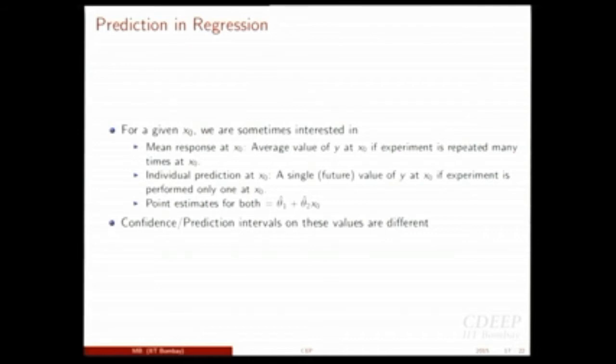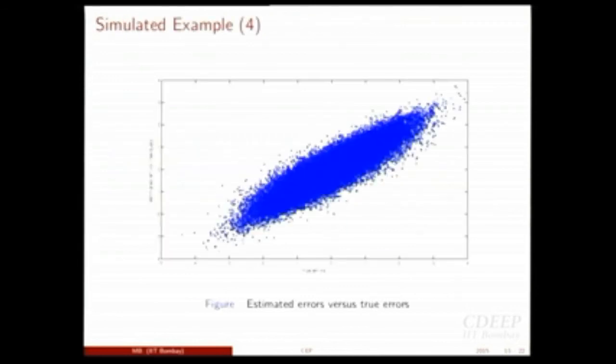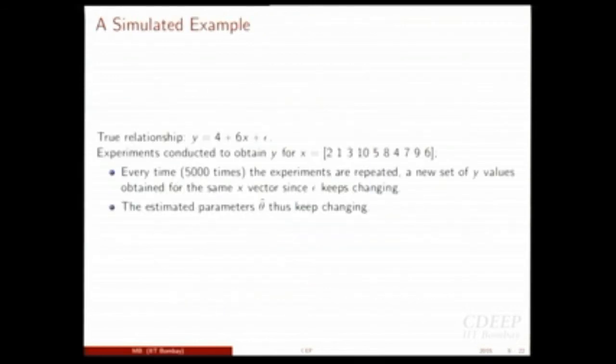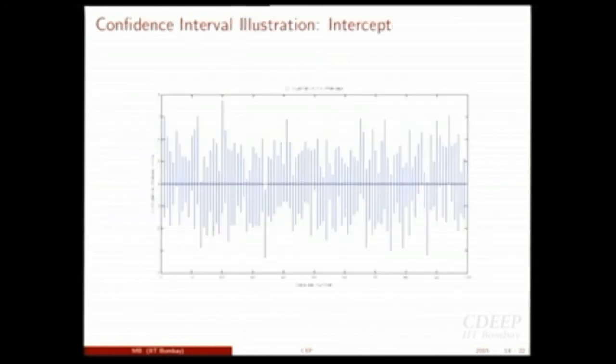I know that if I fix x as, let's say, x naught equal to 2, and I repeat the experiment many times at that x naught, this y will keep on changing because of this error. If I average them, and if I had infinite data, the average will become simply 4 plus 6 x naught, because the errors are zero mean and will all cancel out. But what I have is just one set of runs. Based on that, I really want to find the average response I will get at a particular value of x. That's called the mean response.